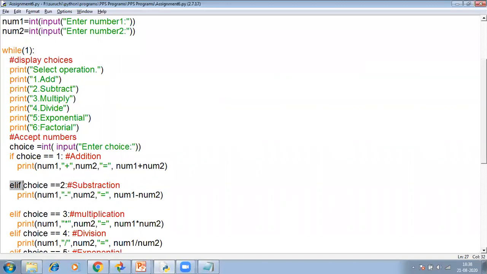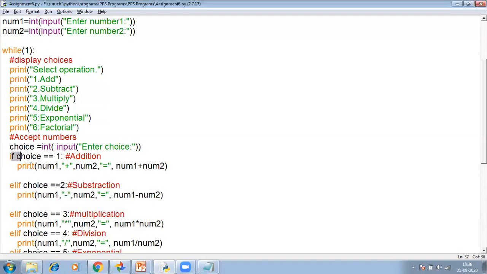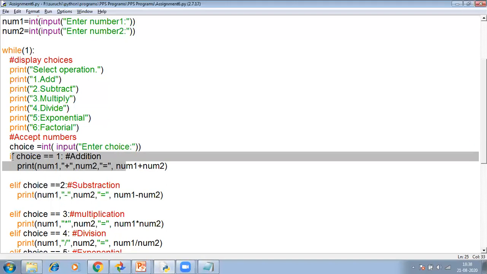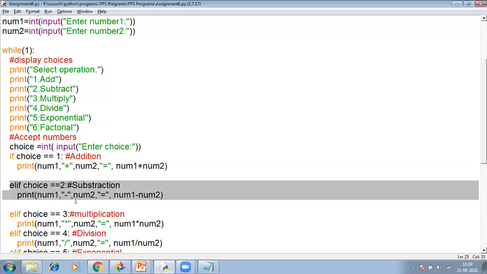We have already seen its syntax. So you can have an if statement also, or you can have an else if statement. In the else if statement, this statement is an else part of this statement. So if this is executed to be false, then the control goes to the else if statement.